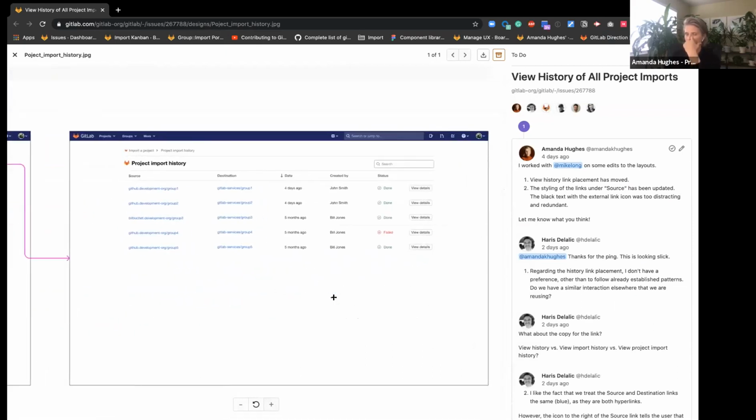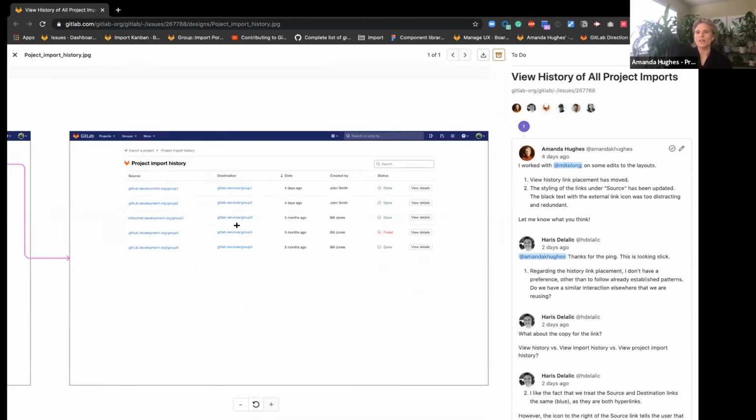I know Austin, you had a comment, but what I'm looking for is feedback on the source links. These link out to, for instance, the GitHub project. And the destination links are within GitLab.